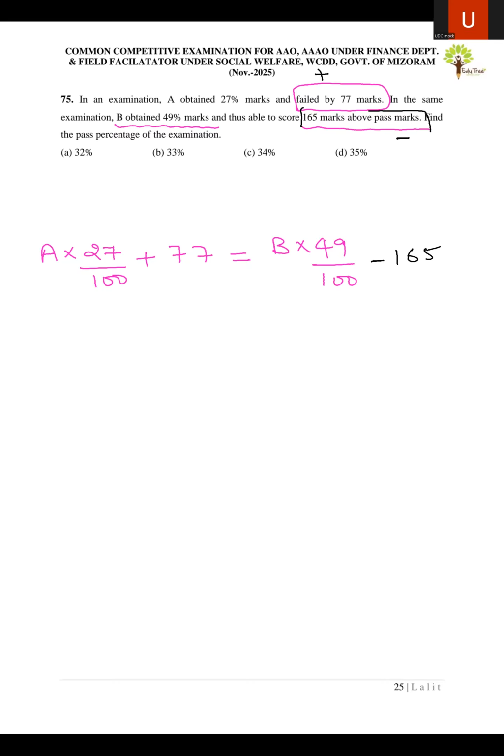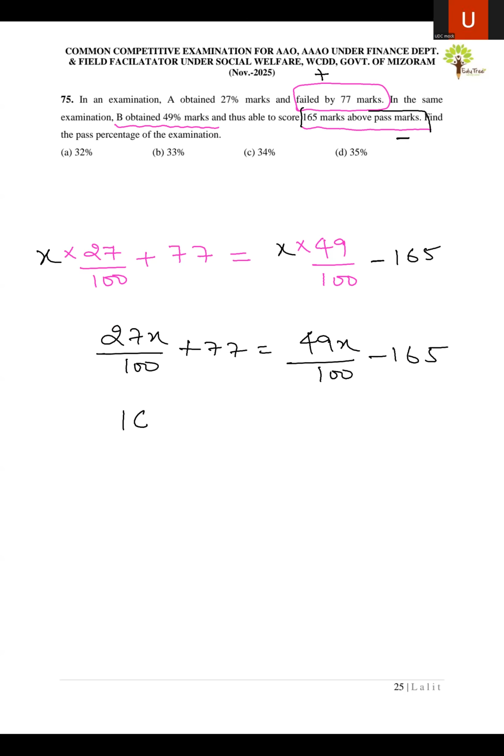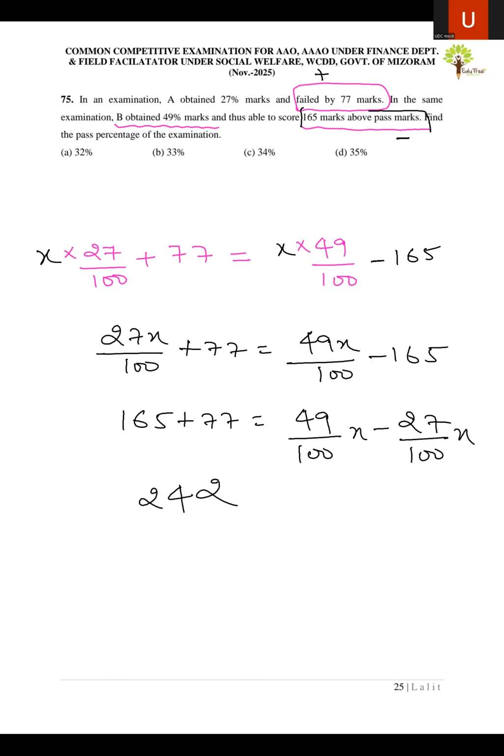All right. So what you do, you simply take any variable in place of A and B. Let us say the variable is x. Simply solve it. So this is 27x by 100 plus 77 equals 49x by 100 minus 165. All right. So this will be 165 plus 77 equals 49 by 100x minus 27 by 100x. So this is equal to how much? 242 is equal to